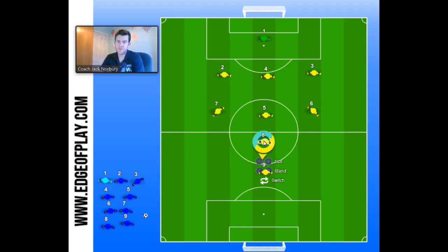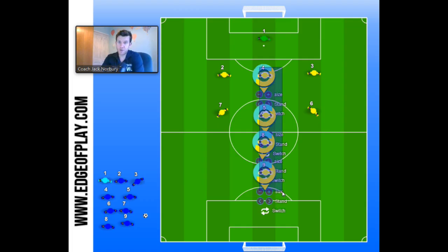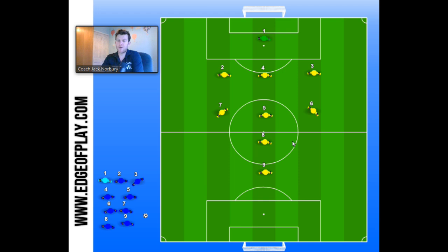I think as well that if you look at the system, I talk regularly about the idea of having diamond and triangle angles of support, and the natural shape of this team in this setup is straight lines. You've got the square on defence and midfield, you've got this straight line up through the middle. So players are going to be responsible for making the correct angles. Is 4 dropping in to make that little triangle angle of support between them and the fullbacks? Is 5 dropping off into an angle as well, just to make the angles to build possession and make your